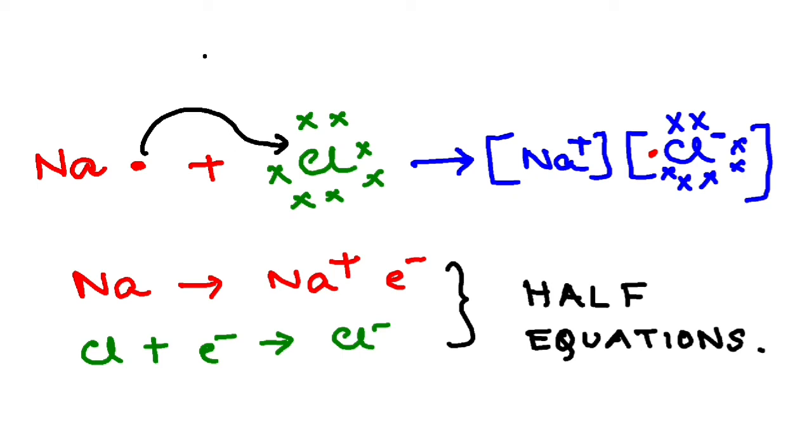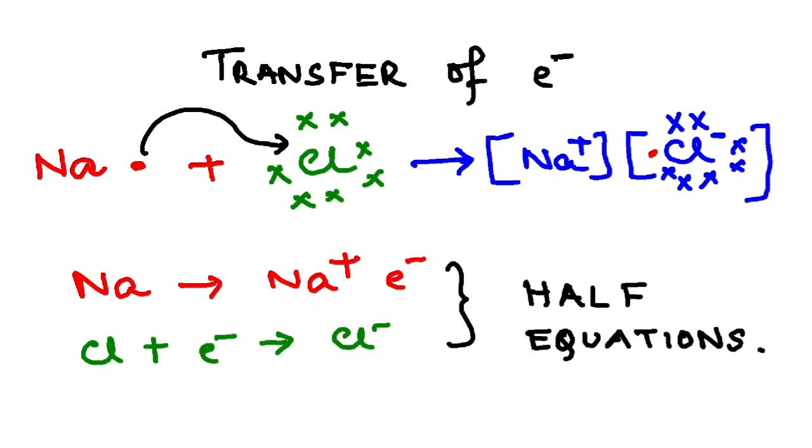Now, one more thing that you need to learn over here is what is an ionic compound. What is happening in case of NaCl? An electron has been released from Na to Cl. There is a transfer of electrons. The keyword is transfer of electrons. So whenever transfer of electrons takes place in a compound, that compound is called an ionic compound. And the bond that is formed over there is called an ionic bond. Here, the bond between Na and Cl is called the ionic bond, and NaCl is an ionic compound.